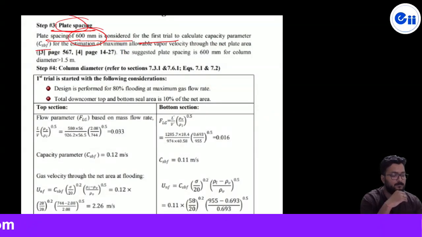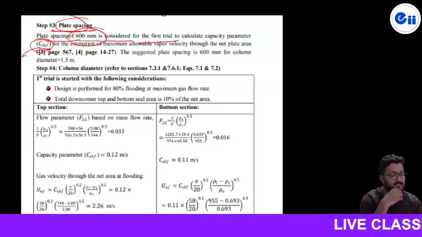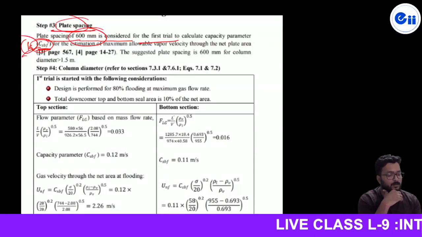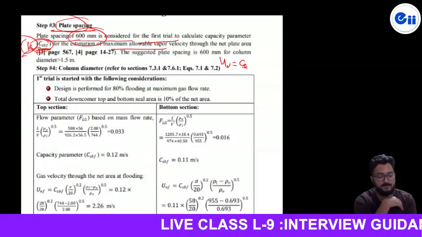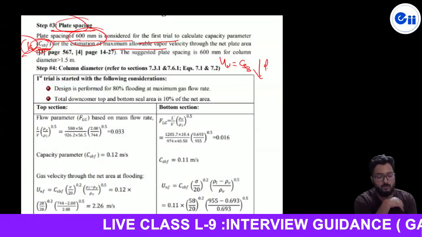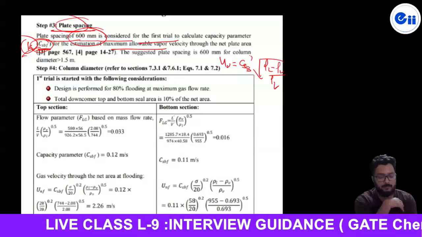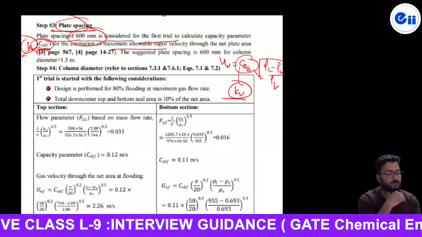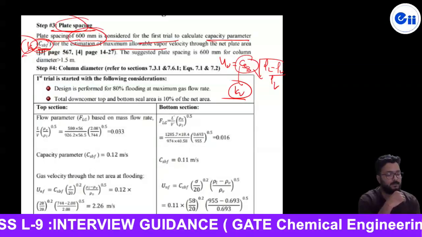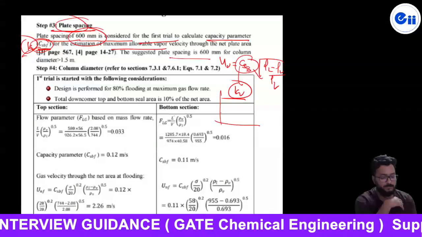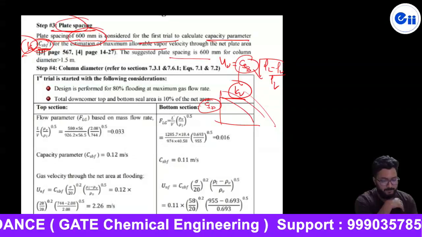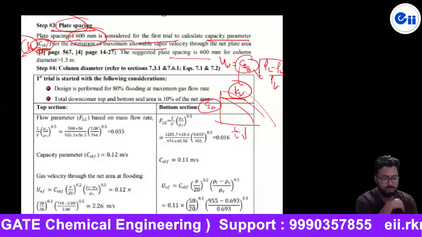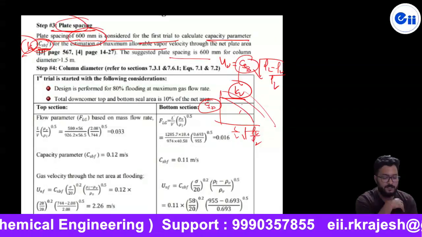the capacity parameter. Okay, C capacity वही जो FLV या KB बोलो वही सेम है जो हम KB बोलते हैं, okay। फॉर द एस्टिमेशन ऑफ मैक्सिमम वेलोसिटी, यू बी निकालने के लिए यू बी इक्वल टू सी एस बी बोलो या जो भी बोलो, अंडर रूट रो एल माइनस रो वी अपॉन रो वी, इन द मैकेनिज्म में दे यूज द के बी। तो इसको बोलते हैं क्या, कैपेसिटी पैरामीटर, एंड बाय दिस वे। और किसका फंक्शन होता है बच्चे, प्लेट स्पेसिंग का, आपको पता होगा। तो सी एस बी दिया हुआ है और ये आपके पास के बी बोल लीजिए, ये एल अपॉन वी अंडर रूट रो वी अपॉन रो एल और प्लेट स्पेसिंग, यहाँ से हम निकालेंगे सी एस बी को